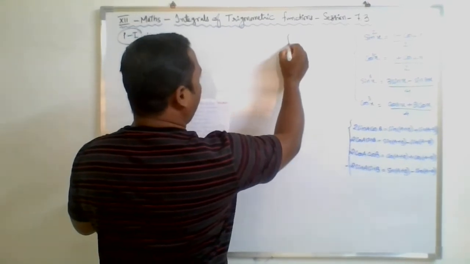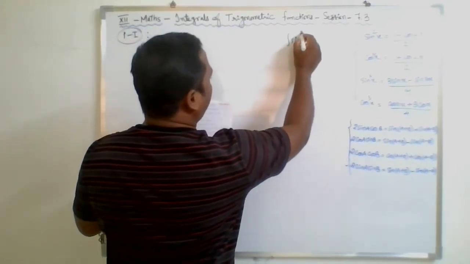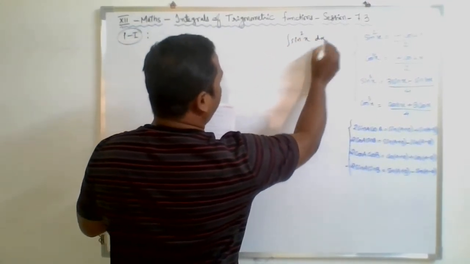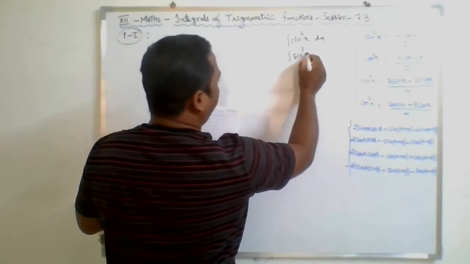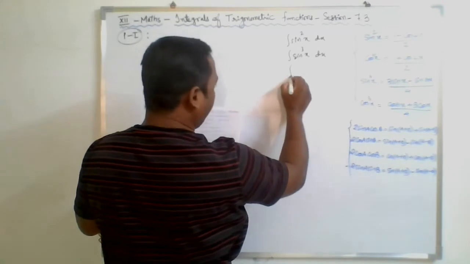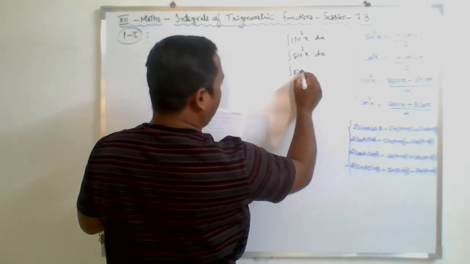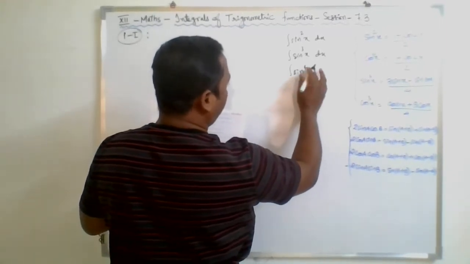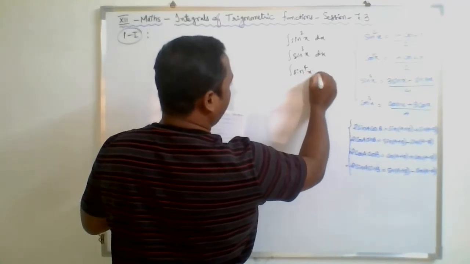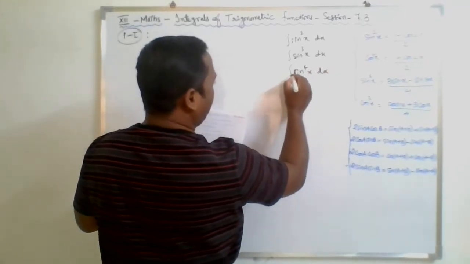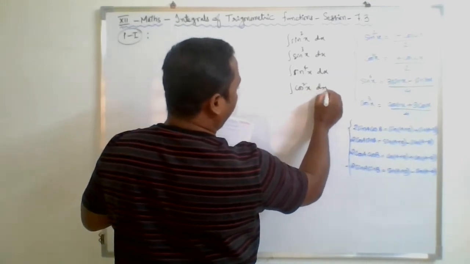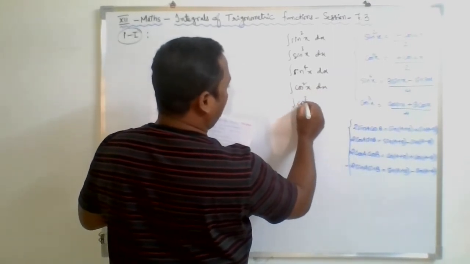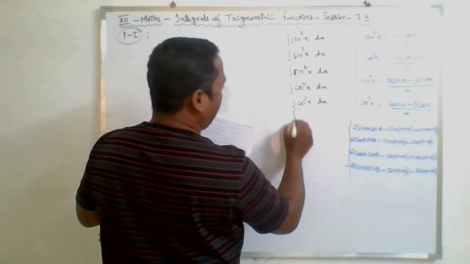The questions are like: find the integral of sine square dx. You can also increase the power, like sine cube dx, sine power 4x dx. Similarly, you can also treat cos square, cos cube,